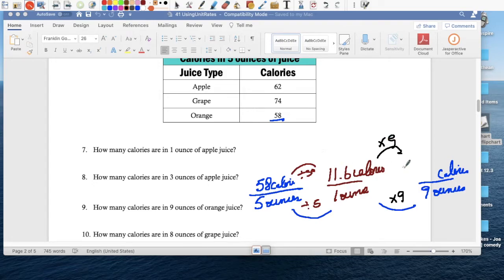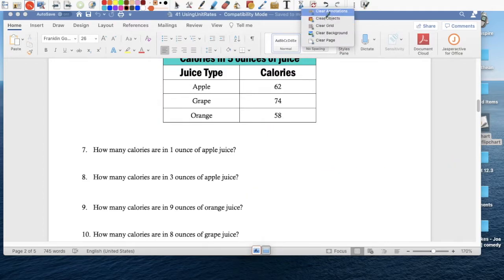And we get 104.4 calories in 9 ounces of orange juice. Grape juice. Okay, so again, we have to do the whole thing again. Grape juice, right? So we have grape juice as this one. There's 74 calories